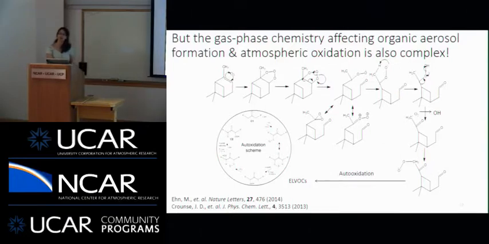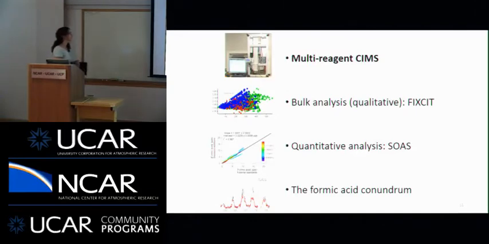Classically, a lot of atmospheric chemistry has been done with spectroscopy techniques, but those are actually quite limited in terms of being able to quantify and identify large numbers of very different molecules. So what we're really trying to do is think about something that we're calling multi-reagent chemical ionization mass spectrometry, or switchable reagent ion mass spectrometry, one where we can take advantage of mass spec's ability to measure large numbers of molecules at effectively the same time, and one that allows us to control what type of chemistry we measure.